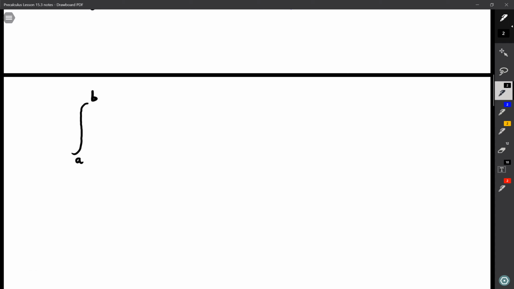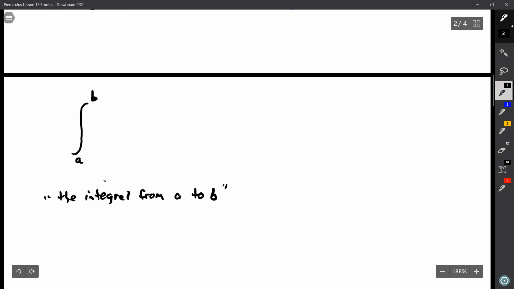So this would be read the integral from A to B. That's how that whole chunk would be read. And then we put our function. So we'd say of f of x, okay,